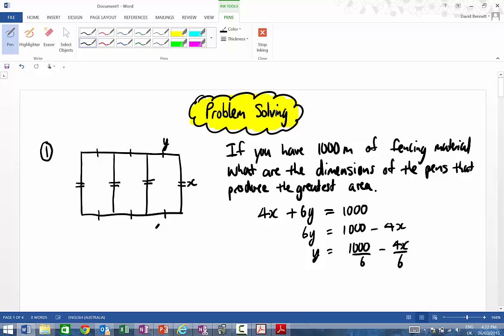Now we want to find the area. The area of this shape is in fact 3 lots of x times by y. Each of the pens is x by y, and there's 3 pens, so that has to be my area. So then I can just substitute my value for y in there. That will be 3 lots of 1,000 over 6, take 4x over 6. And I have to keep the x out the front there too. So when I do 3x times there, now I can cancel the 3 with a 6, can't I? So that will be a 2 there, so that's going to be 500x,